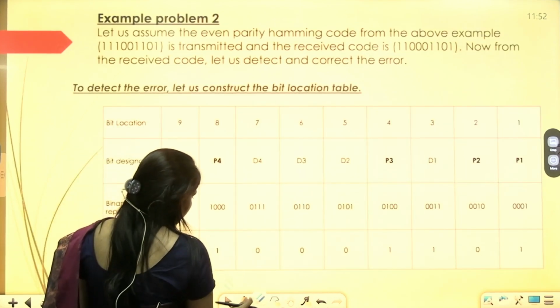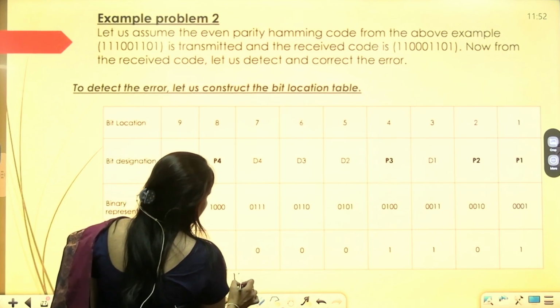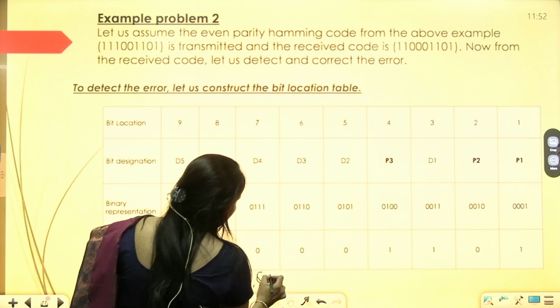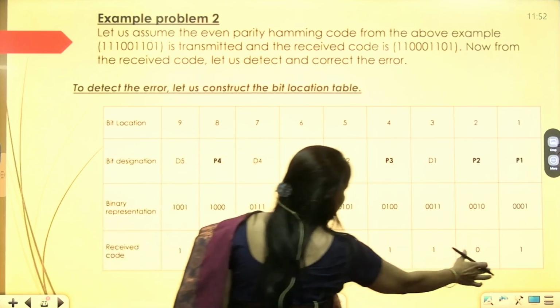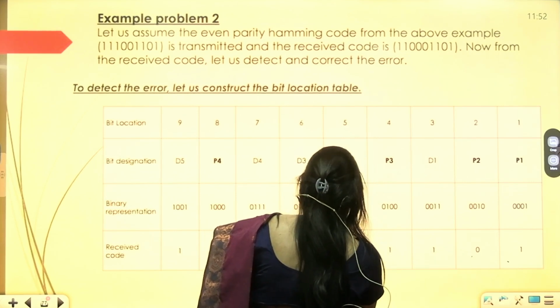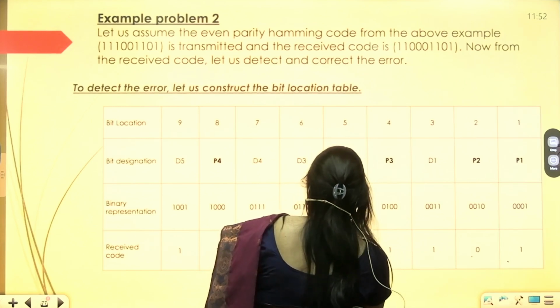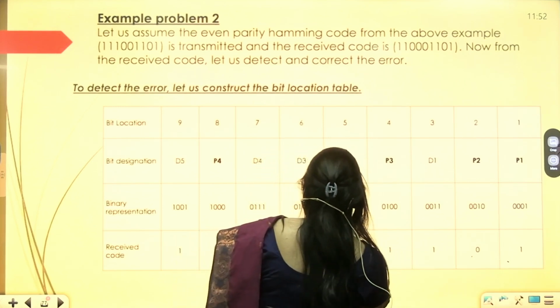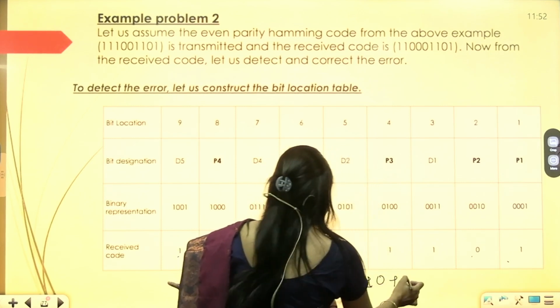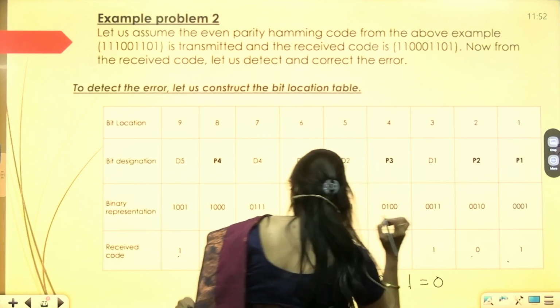The number of ones is even, so the result is 0.